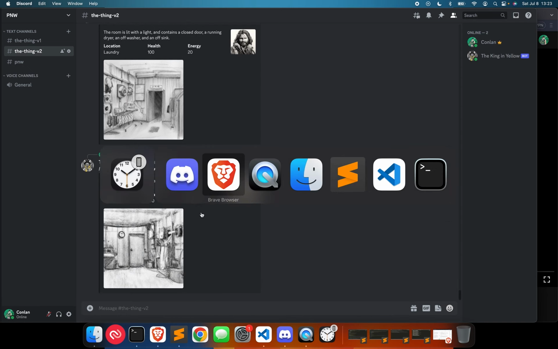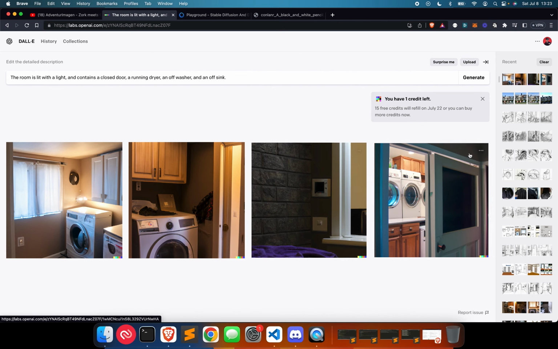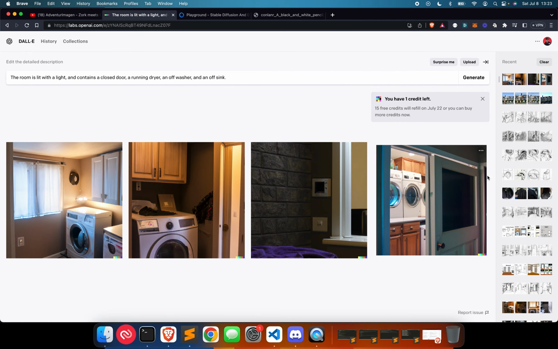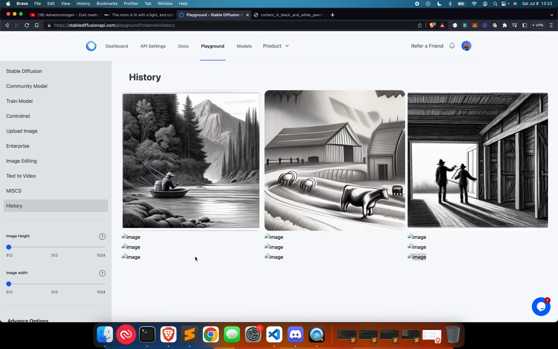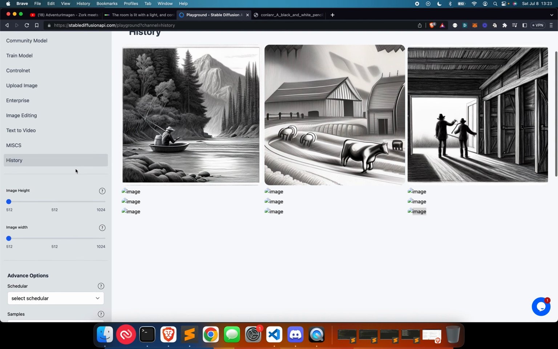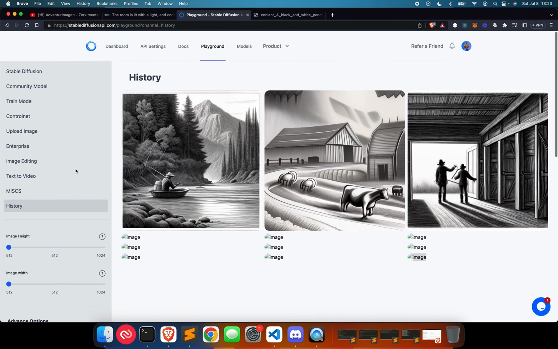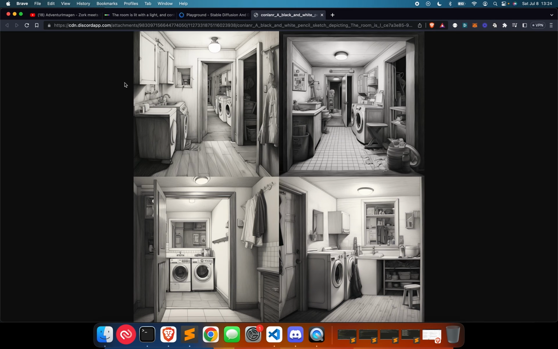That led me to do a little bit of research. DALL-E just isn't that good right now on its own. I checked out StableDiffusion. Their playground is, on the surface, really cool, but it's kind of janky. I ran into basic errors using the playground, so I don't know how reliable it would be for this. Then of course I tried MidJourney, and MidJourney is by far the best that I've seen. It's been consistently good, always interesting, kind of what you want. This is kind of the same prompt, but